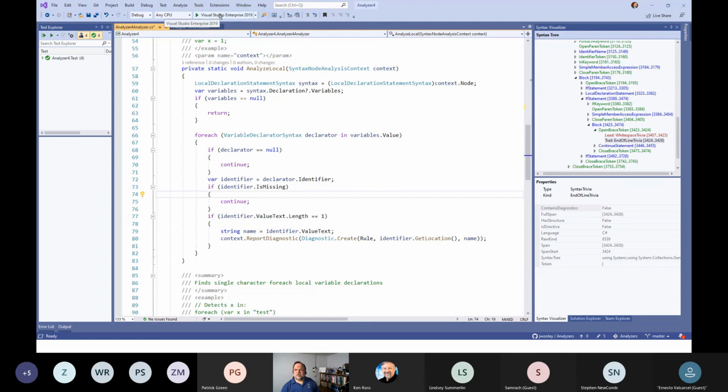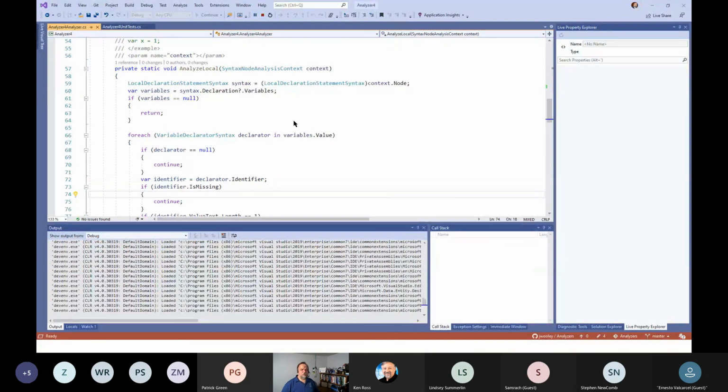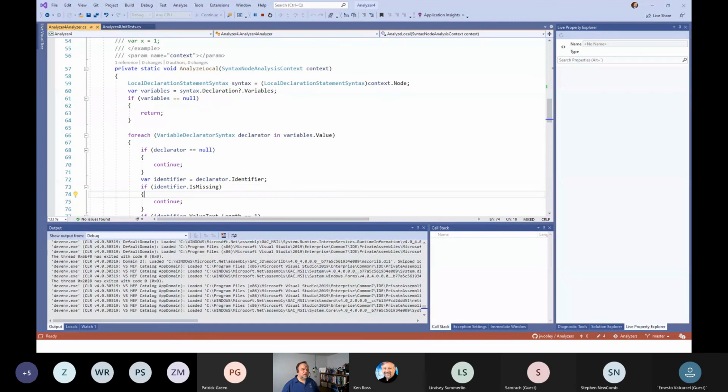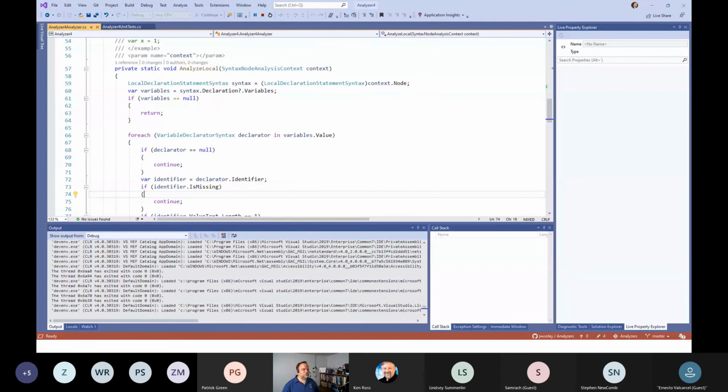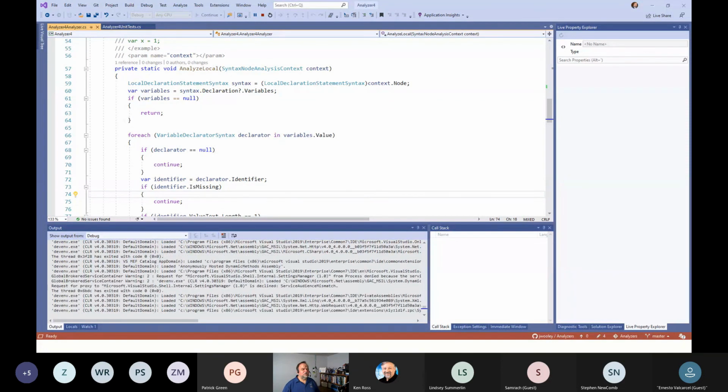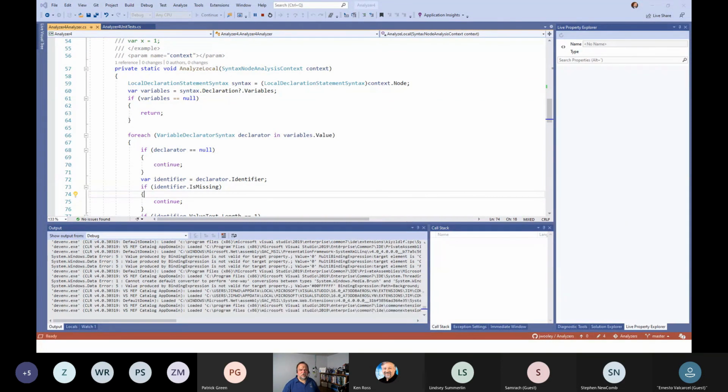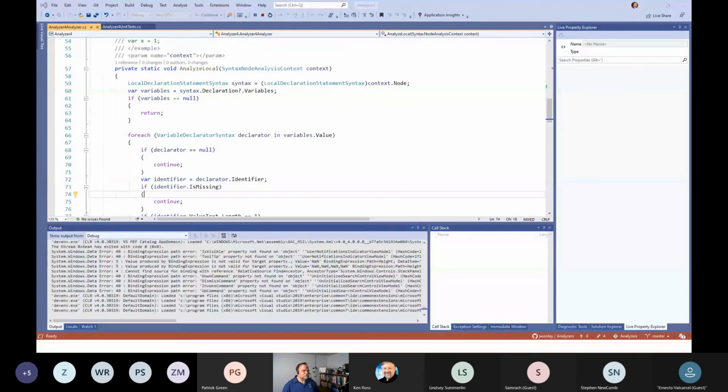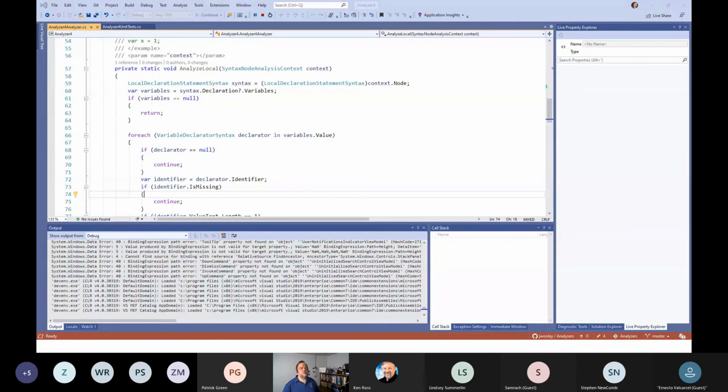So now I can run this, and this is the way not to debug one of these, is to hit F5 or debug and start spinning this up. Because what this is going to do is it's going to spin up a second instance of Visual Studio. You can't, inside of one of these analyzers, put a breakpoint on the analyzer and have that running in the current version of Visual Studio, because when you hit a breakpoint, how can you step into the code if Visual Studio is broken, right? So they actually are spinning up here, and you see a lot of stuff that's spinning